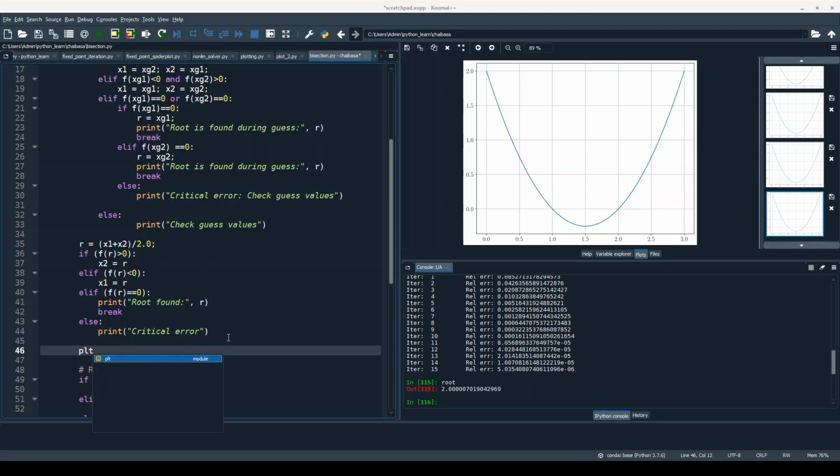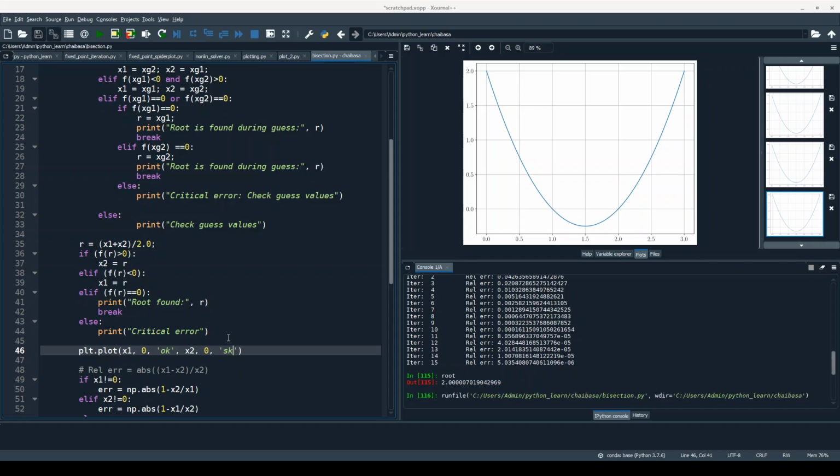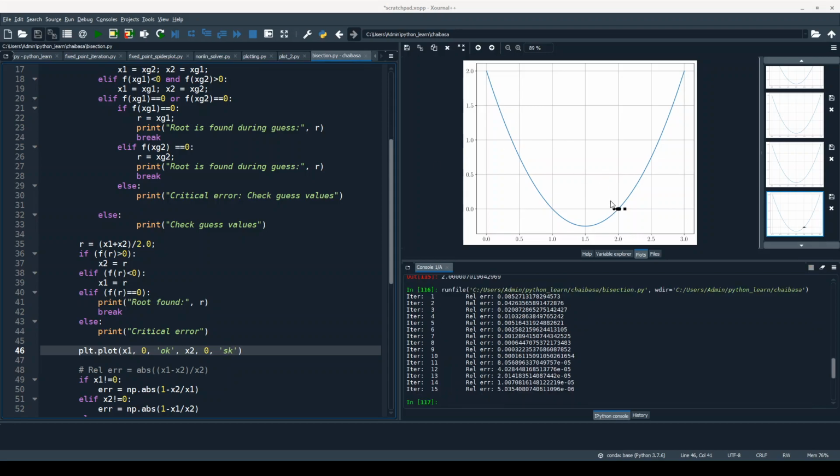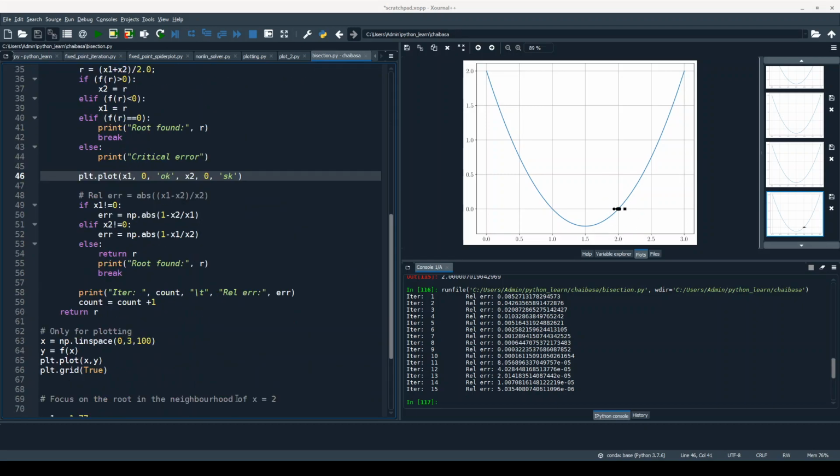So we can say plt dot plot, and the value will be x1 comma 0, and we will say okay, and the other value will be x2 comma 0. Let's see. If we focus on this zone, we can see how the values have evolved.